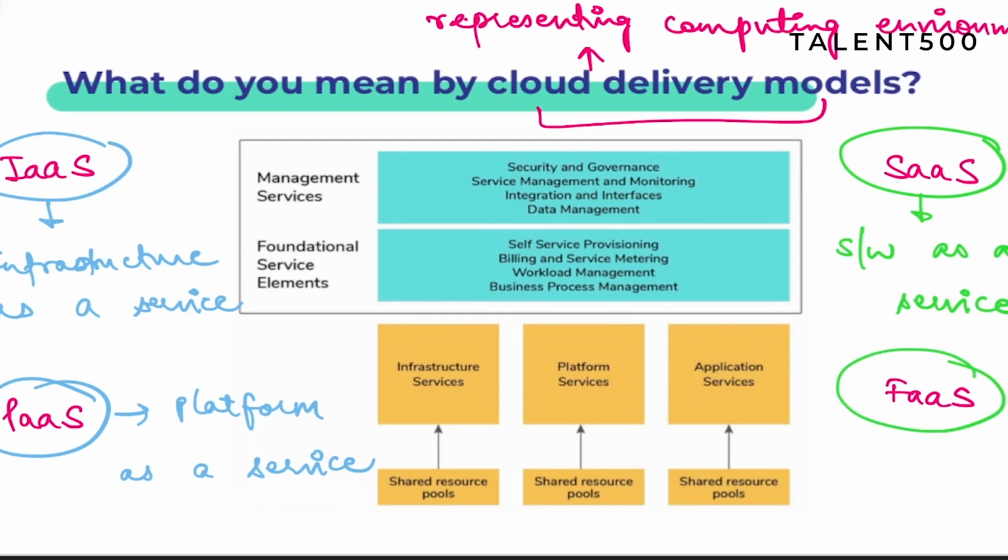Now the last one which we have is FaaS, and this one stands for function as a service. Now, why do we need function as a service? So this one is going to be providing us a platform for the customers, so that you can have the option of building, managing or running some application functionalities. And when you are running all of those things, you will not have to maintain the infrastructure, and that is how you can also achieve a serverless architecture.